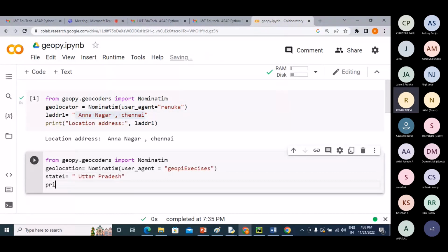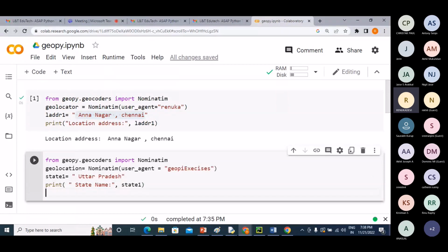Then print the name of the state. It is going to print the state name and a colon, and from state1 it has to print. So I will give state1 here, and then create a variable location equal to